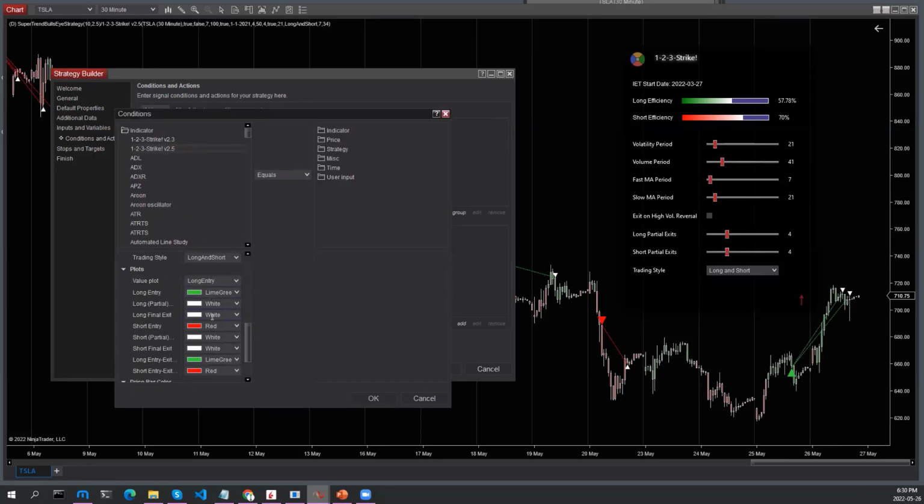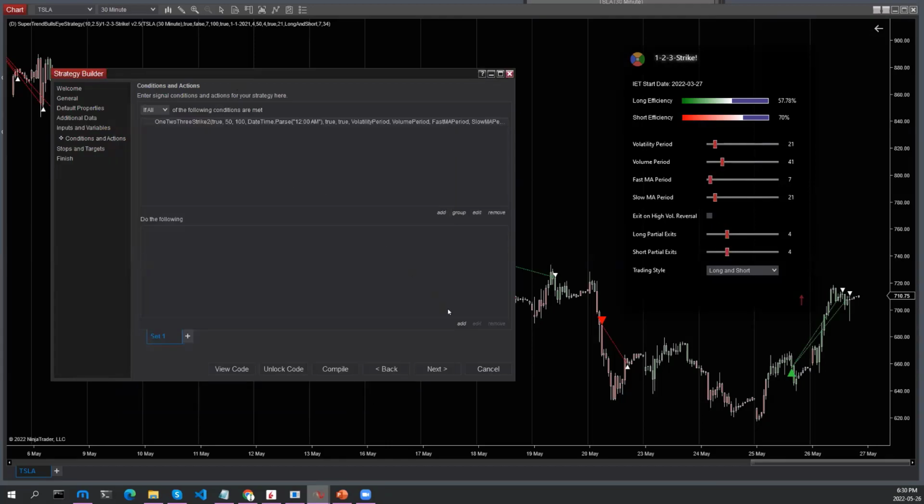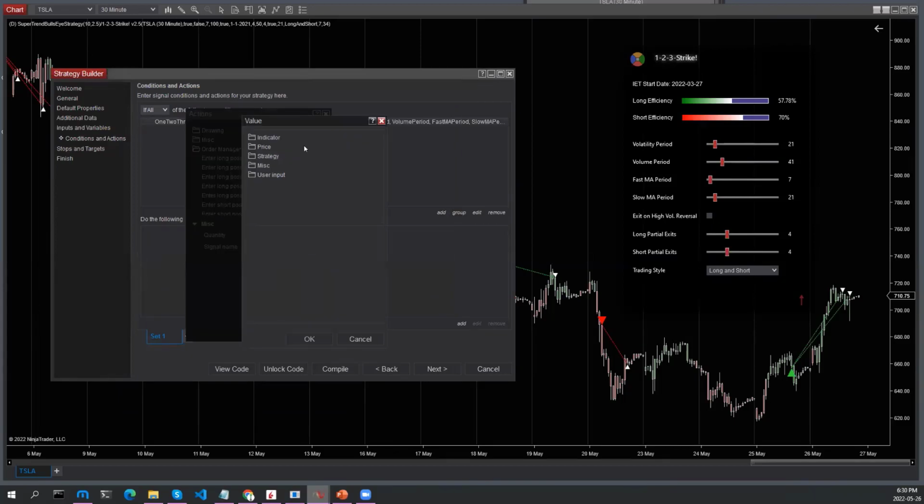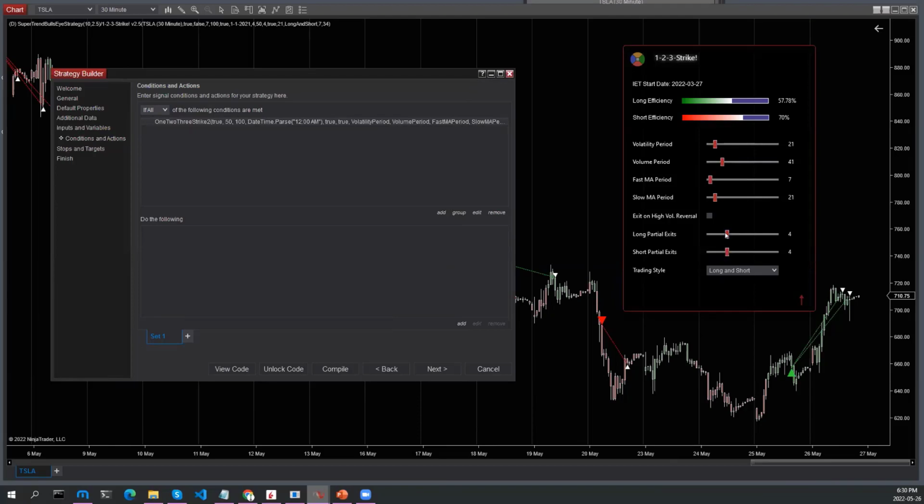Okay. And the value plot here for this condition is going to be long entry. So when there's a long entry with a value greater than 0, then I want the strategy to go long. Order management. But here, I haven't added in options to the strategy for long partial exits or short partial